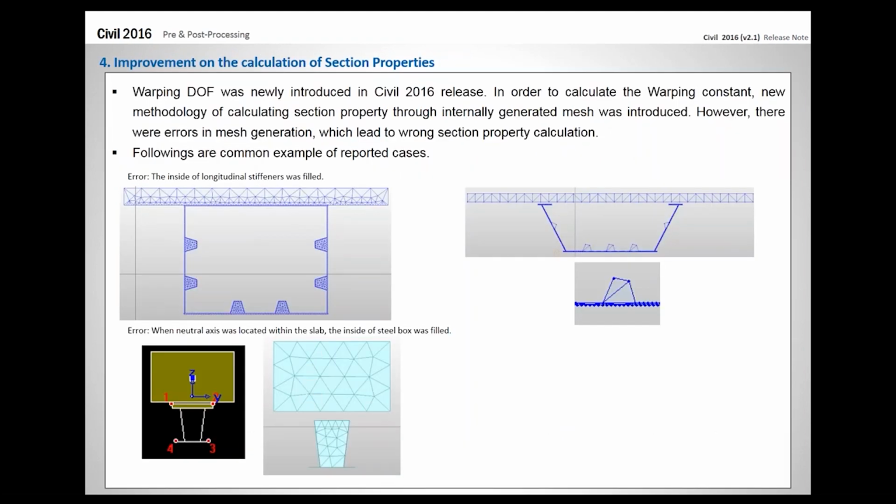Okay, so the warping DOF, which was added in MIDAS Civil version 1.1, was a major update, but it had some internal errors, and I believe many of our users went through a hard time when version 1.1 came out. The major cause of an error was when the longitudinal stiffener was added, which is supposed to be hollow, but the program was internally